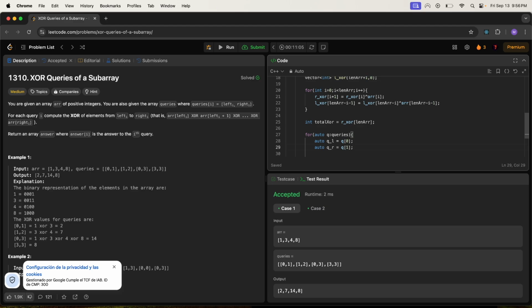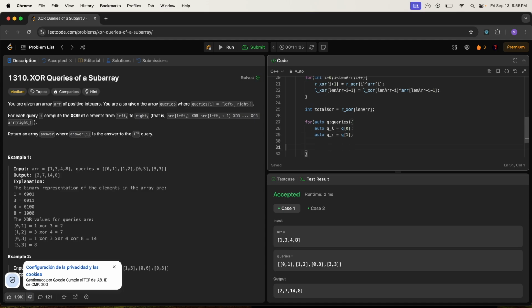It means that it has used the values from the index 0 to the index len arr minus 1. Then the answer will be total XOR, XOR the